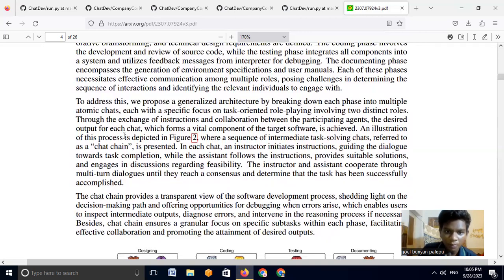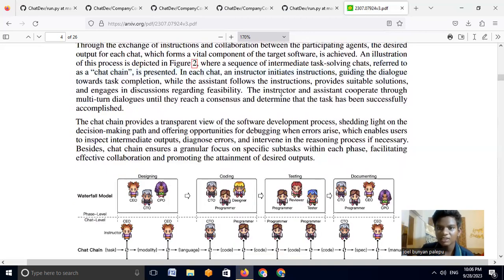An illustration of this process is depicted in figure 2, where a sequence of intermediate task-solving chats, referred to as a chat chain, is presented. In each chat, an instructor initiates instructions, guiding the dialogue towards task completion, while the assistant follows the interactions, provides suitable solutions, and engages in discussions regarding feasibility. The instructor and assistant cooperate through multi-turn dialogues until they reach a consensus